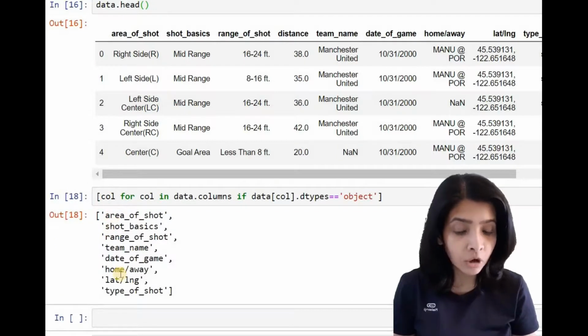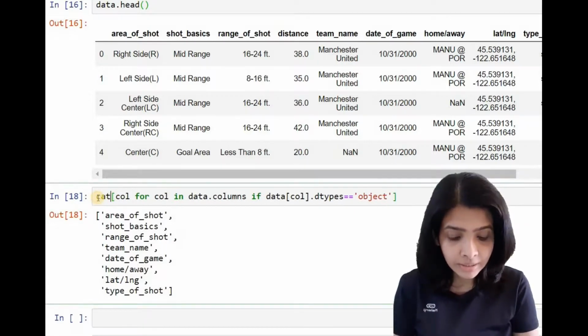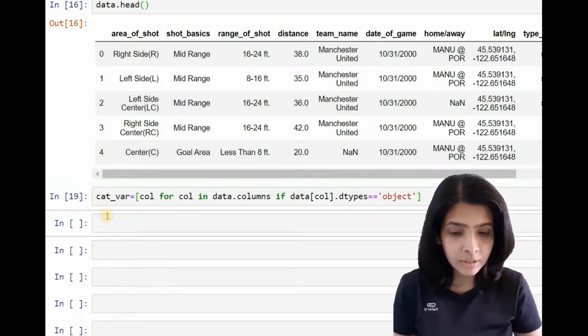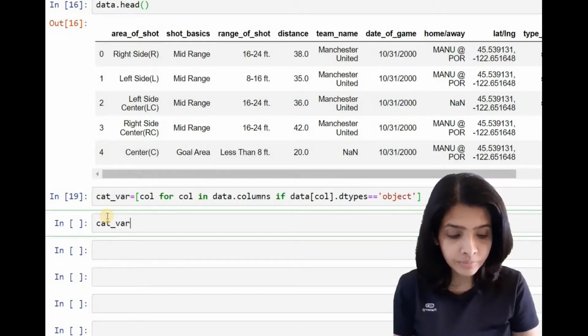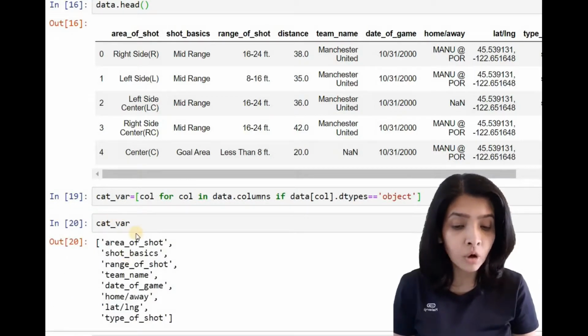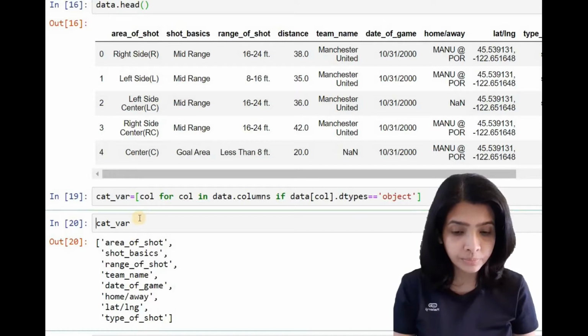So these are the columns that have object data type. Object data type means they are textual data. So now I'll save it as cat var. If I write catvar, then it would give the names of the columns that have textual data in it. They are not numeric in nature.